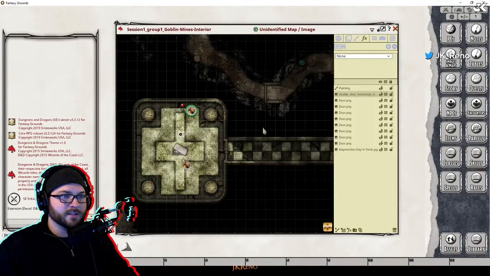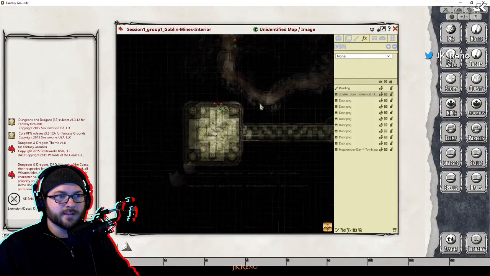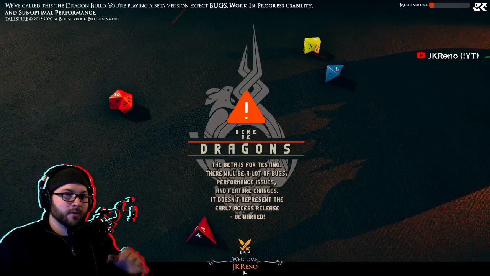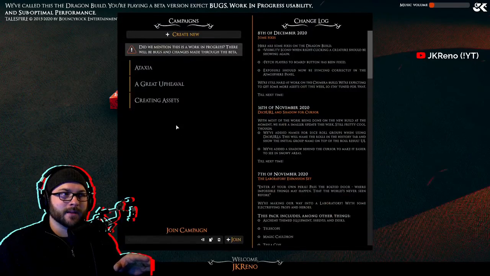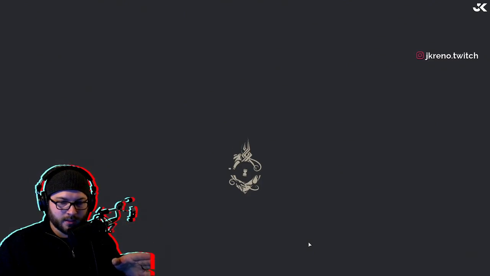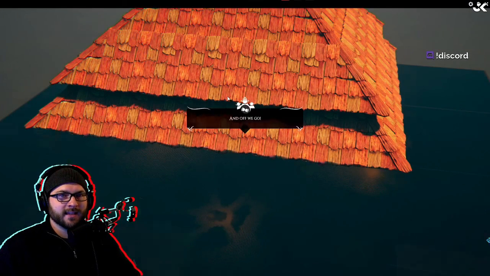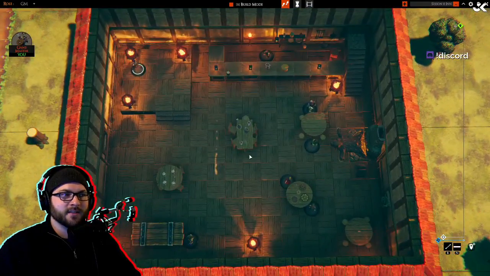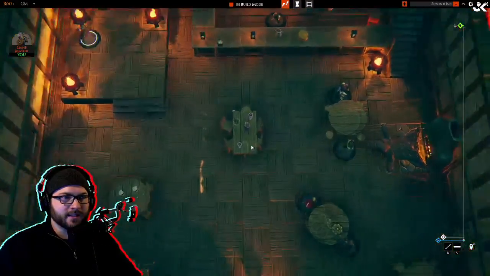We go back to this wonderful thing right here, like this big old chunky map. We're gonna go back to Tailspire, and I'm gonna go through and recreate that map, one-for-one, that entire map. Not right now because I've already done it. I have to do that for session 3. So this is a fantastic application that you can use to play D&D, but I used it to create the world that is D&D.